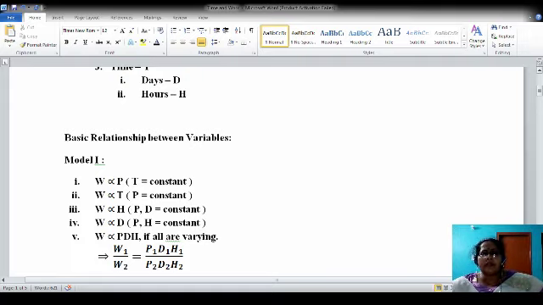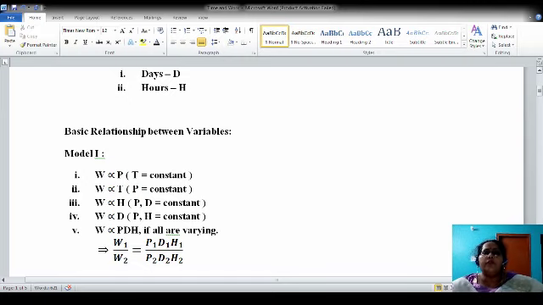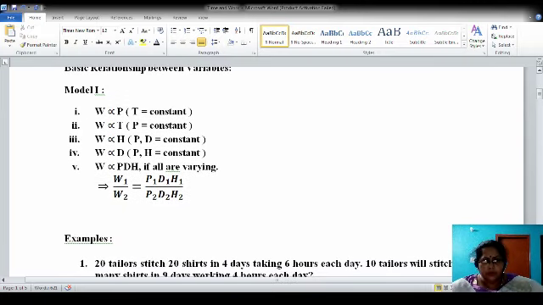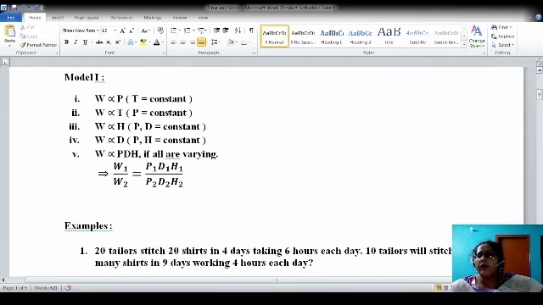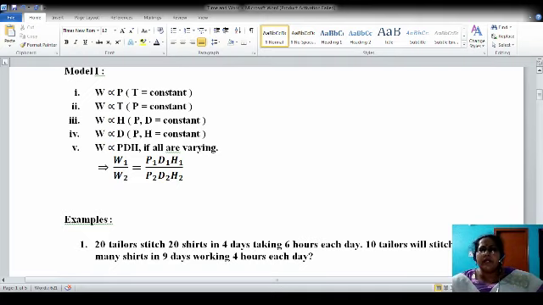So let us come to examples now, which will fit into this kind of model. Question number 1: 20 tailors stitch 20 shirts in 4 days, taking 6 hours each day. 10 tailors will stitch how many shirts in 9 days, working 4 hours each day? So of course,